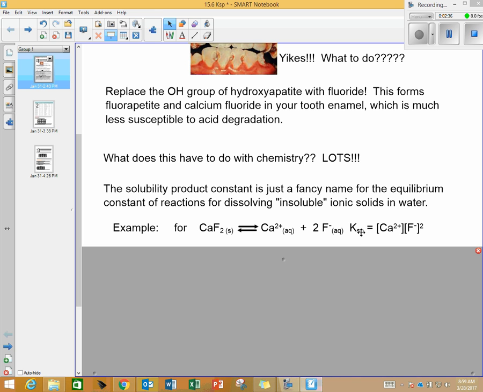We've been learning about equilibrium constants. You should know K is just products over reactants. So products, calcium 2+ concentration times the F- concentration squared, because we square if we have a coefficient of 2. So this is just a regular old K. Now you might be wondering, why don't I have the Ca